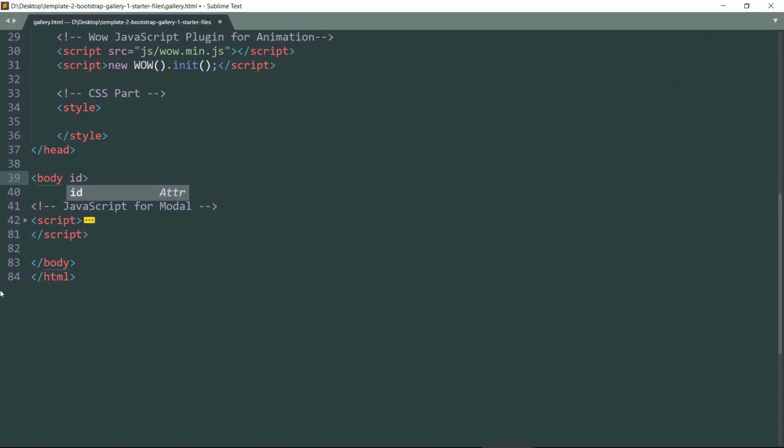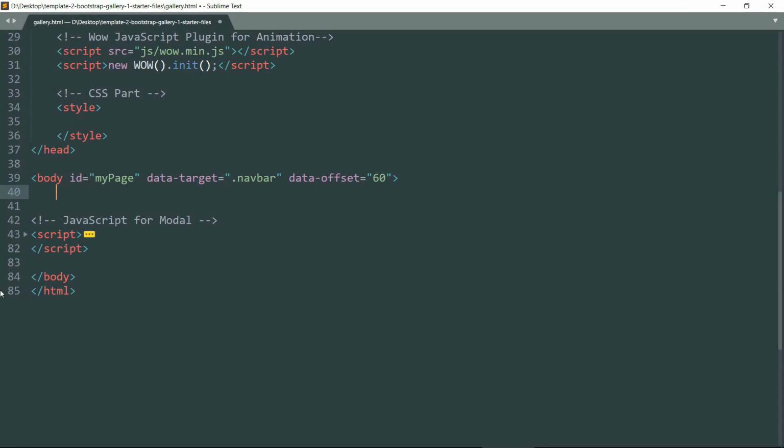Okay, let's give ID my page, then space, then data target equals to dot navbar. Okay, this attribute is actually used for scroll spy, in which if you click on a link in the navigation bar, it takes you to the respective section in the body to which it is connected. We are not using scroll spy in our example, but I am adding this so you can use it later if you want. So both of those attributes, the data hyphen target and data hyphen offset, are for scroll spy,